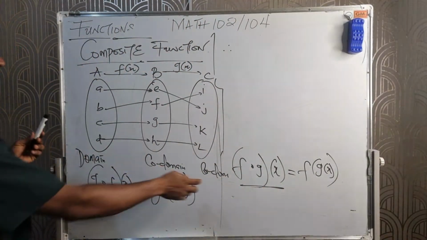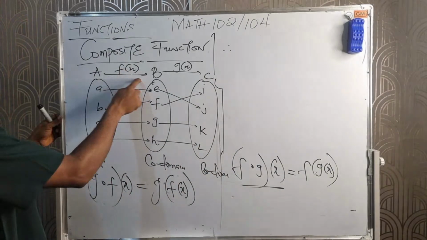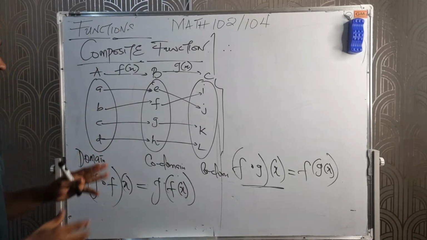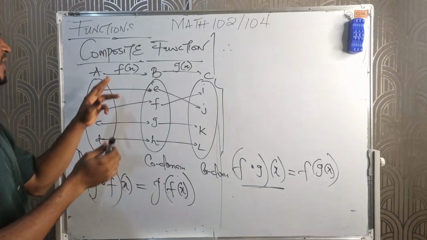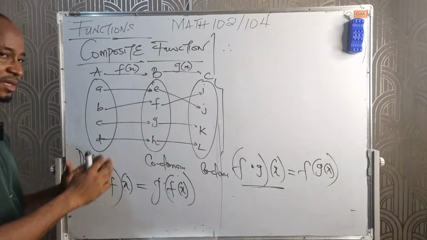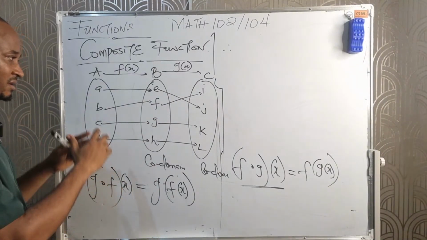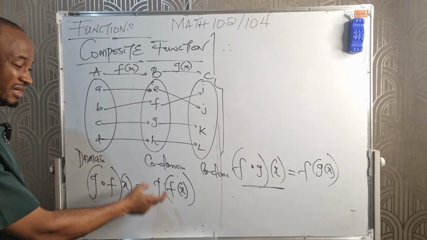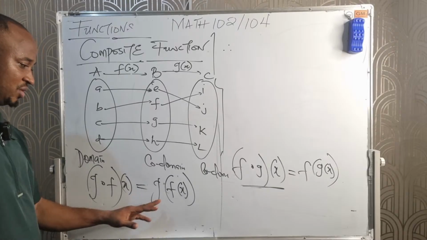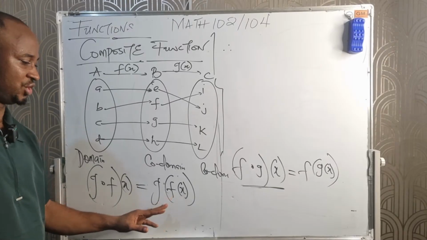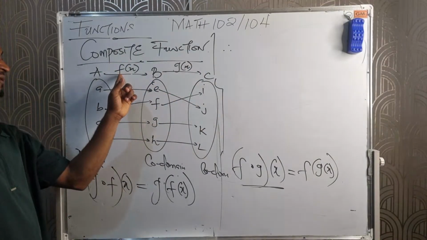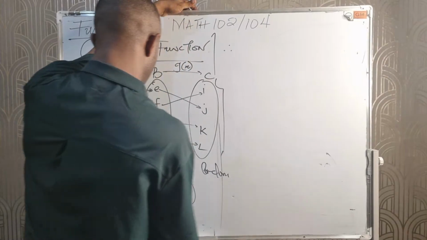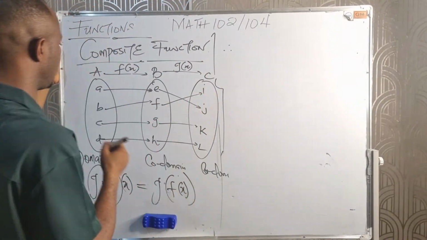Because for this diagram, here will be g of x and here f of x. So anytime you are given a composite function where we have f of x here and g of x, the expression for such a diagram is g∘f of x, which is pronounced as g of f of x. Therefore,